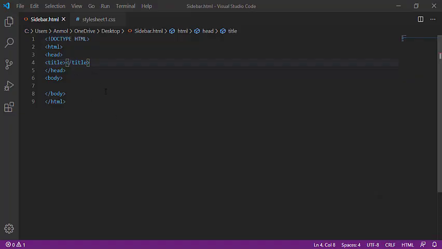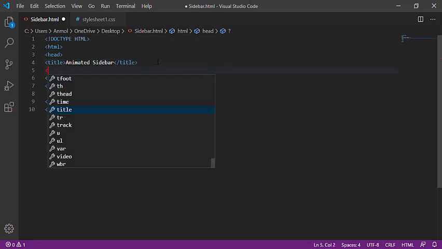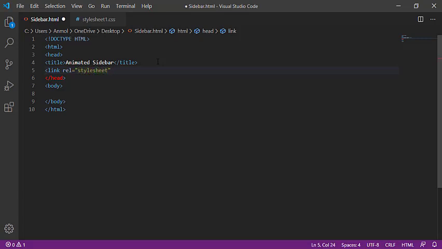So I am in the HTML document and giving the title of animated sidebar. After this, I am including the style sheet that I already created. Link, rel, giving the rel, relation, style sheet. Without the relation, the link will not work.